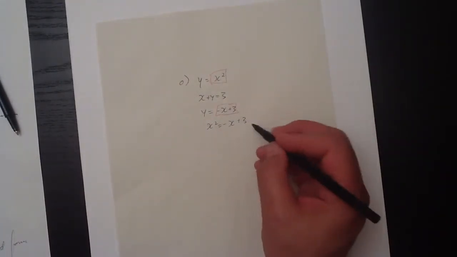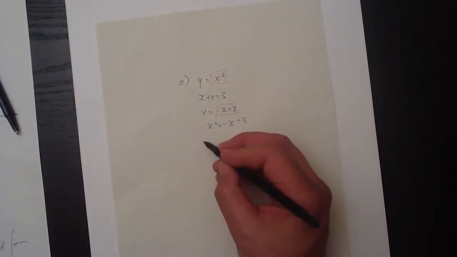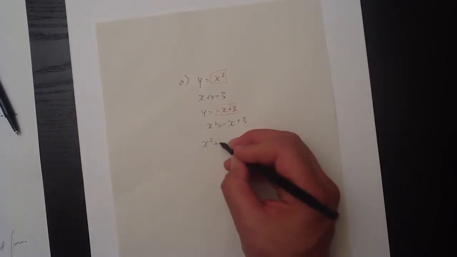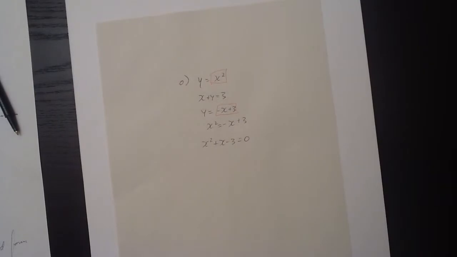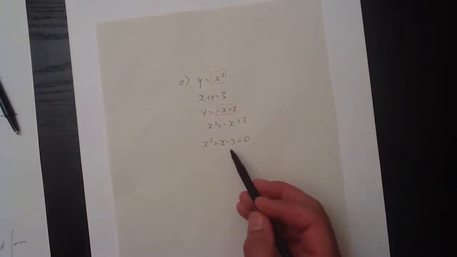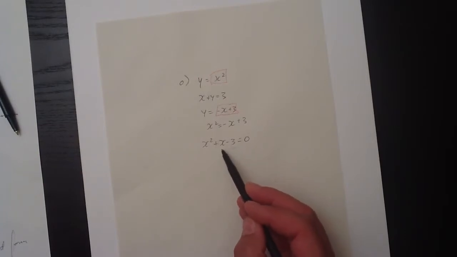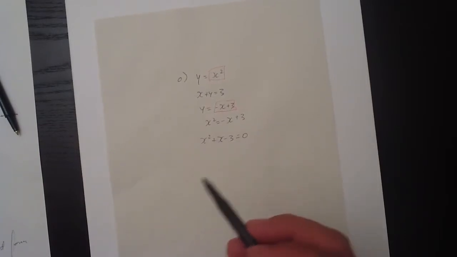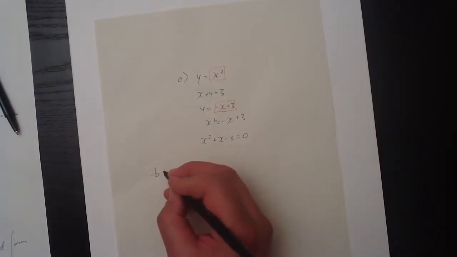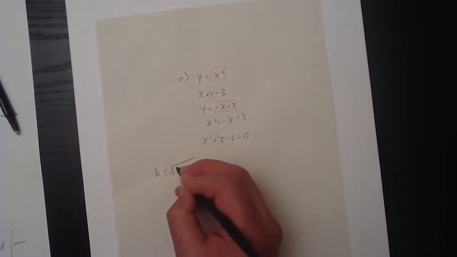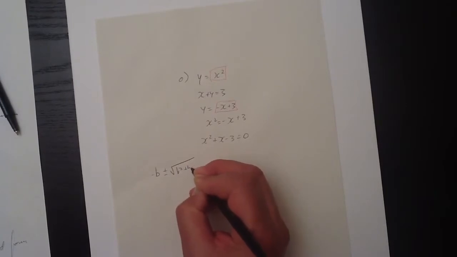So if x squared equals negative x plus 3, we can put it all on the same side. x squared plus x minus 3 equals 0 is the translation of that. And that cannot be factored. There aren't any numbers that can be multiplied to negative 3 and added to plus 1. So we'll use the quadratic formula, which we know is minus b plus or minus root b squared